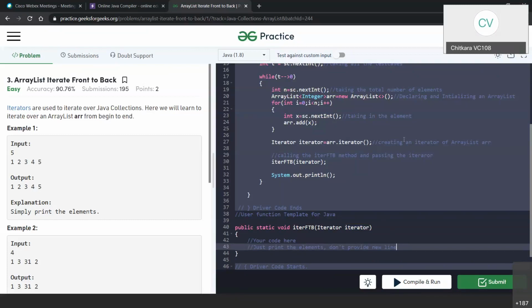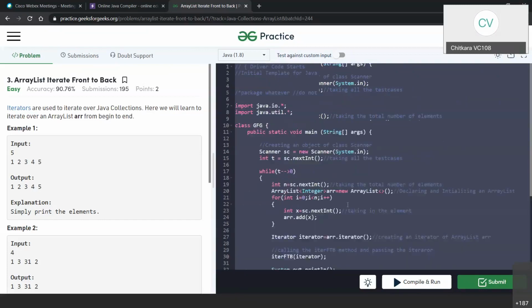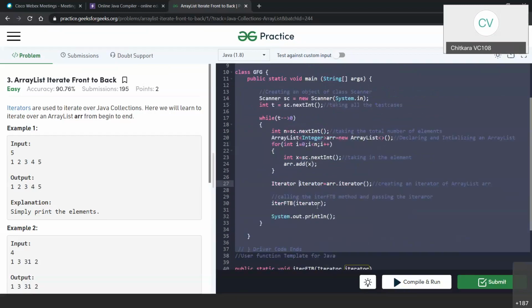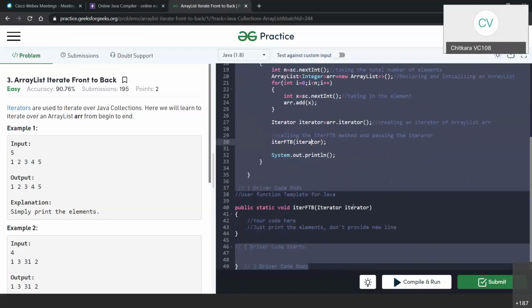Okay, that will be the end of the session. Tomorrow we'll discuss the solution because right now I don't want to give the solution. You should think about it. The basic idea is you should declare an array list, populate the array list, declare an iterator, and pass that iterator to a function. Do not pass an array list, pass an iterator. Now the question is, using that iterator, how can I display the contents of that particular array list?